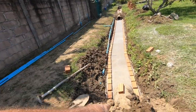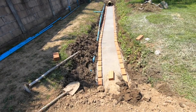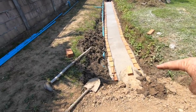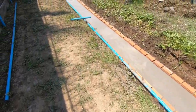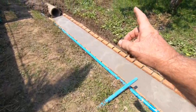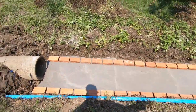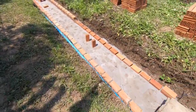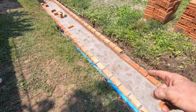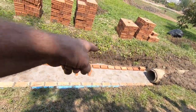But here's what they've done. They went ahead and cleaned this all out. They had to scoop much more dirt out, get it smoothed down, mix up cement, put it in, put the one row of bricks all the way down. Now this will be setting until at least tomorrow afternoon, maybe wait until the day after before we start on it, as I want it nice and solid, which is what this one ended up, because it's set for almost a full 24 hours. And now they will string